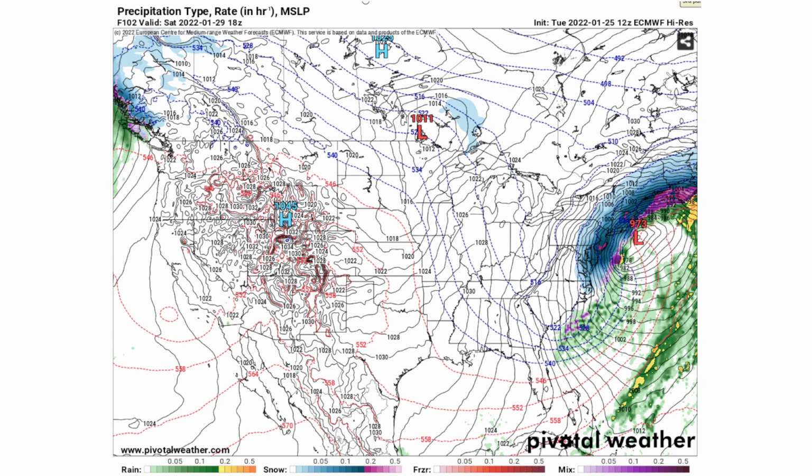If it were more east, like the GFS model, you would get much less snowfall. But still, over there in Maine, New Hampshire, Massachusetts, Connecticut, Long Island, Rhode Island could also see a lot of snowfall, even from the GFS model. So let's go ahead and look at the Canadian model and see what their thoughts are.